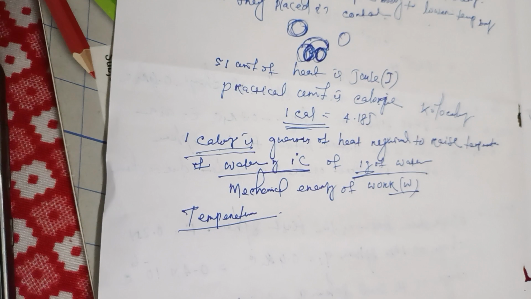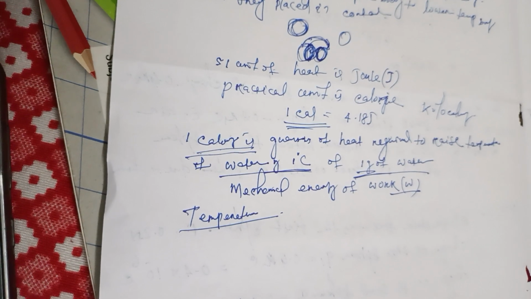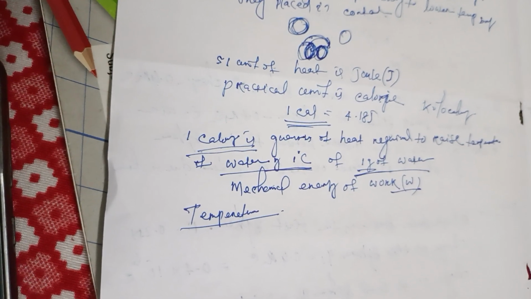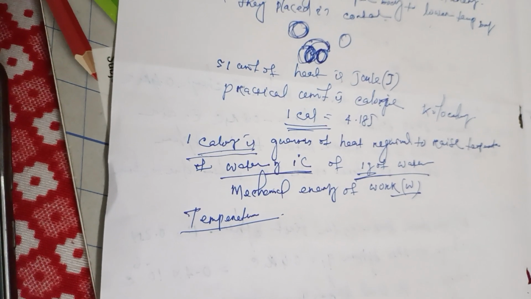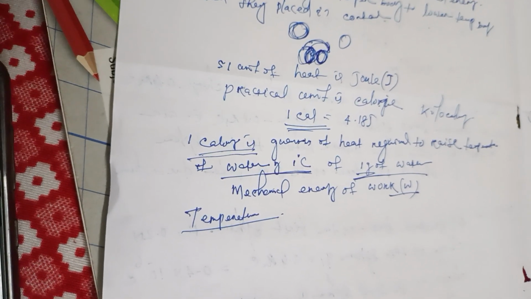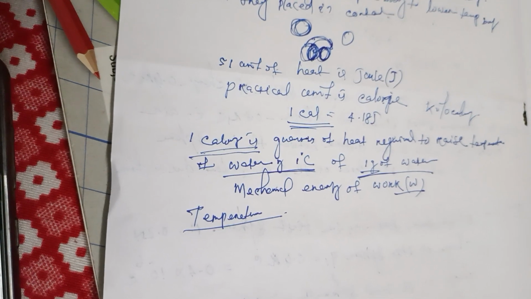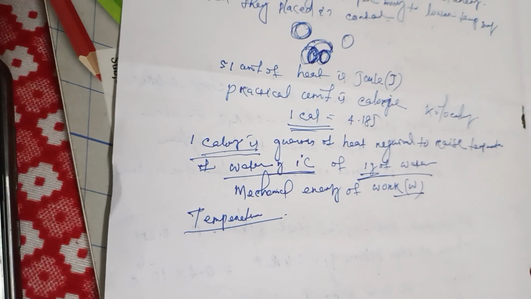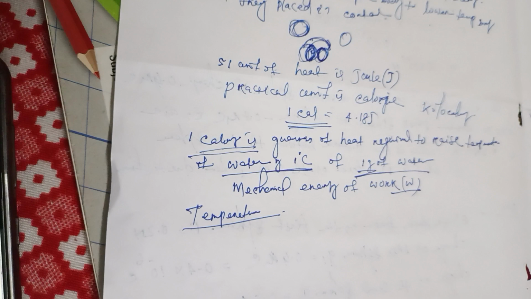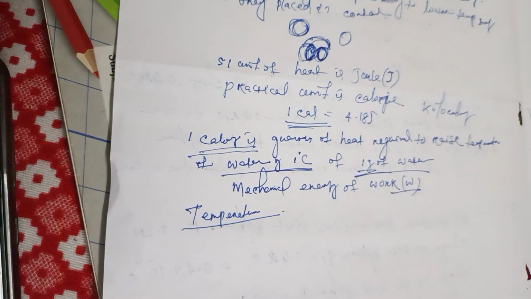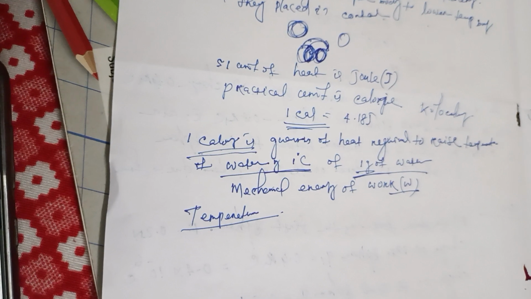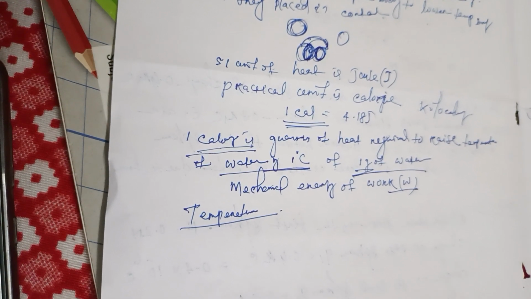A device which is used to measure the temperature is called a thermometer. Highest possible temperature achieved in a laboratory is about 100 Watt, while the lowest possible temperature attained is